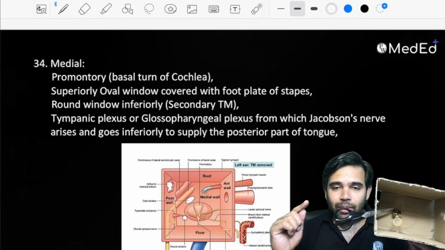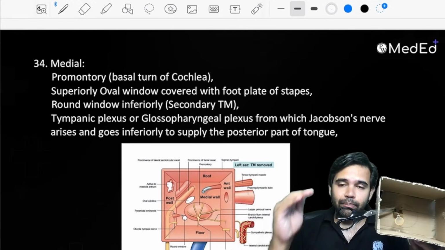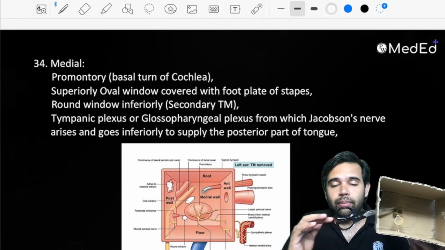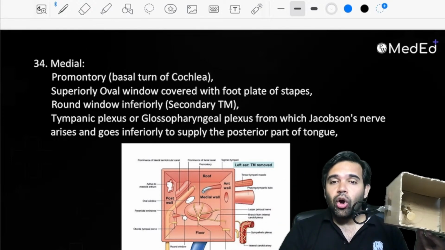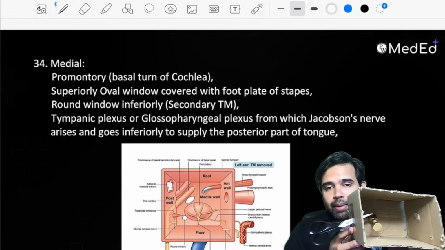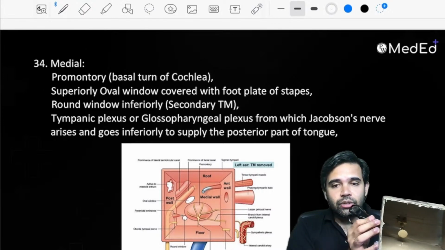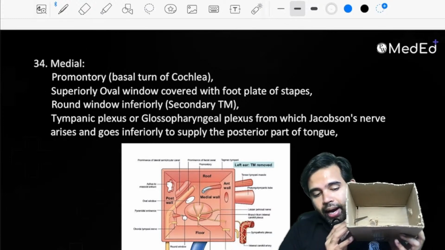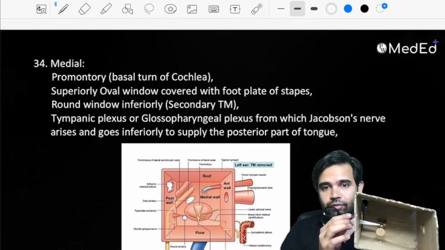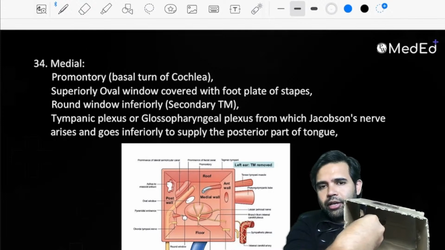But the ponticulus is basically below the oval window. Subiculum is above the round window. These are what form the superior and inferior boundary of the sinus tympani. Sinus tympani is usually the place where cholesteatoma is left bare. And the part that is lateral, all of this part between